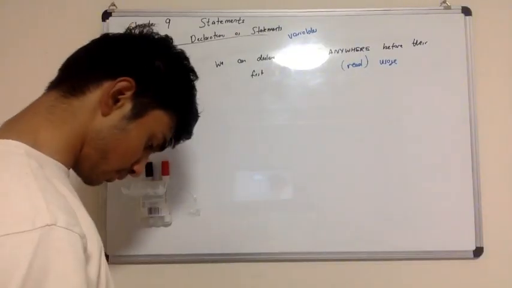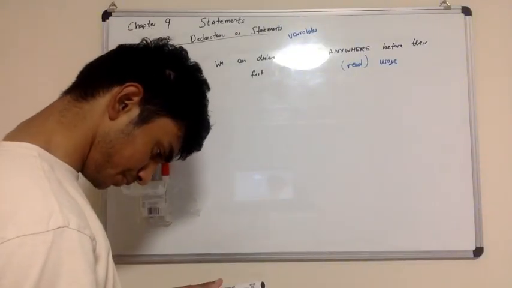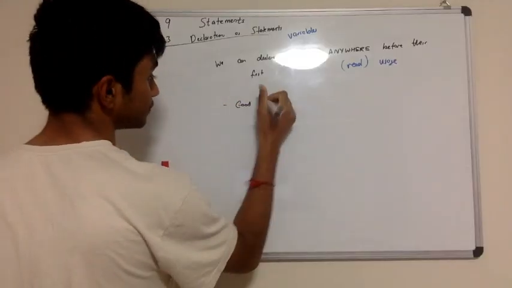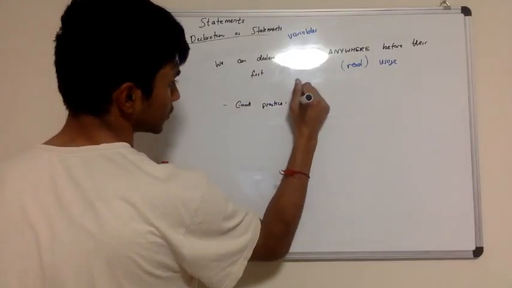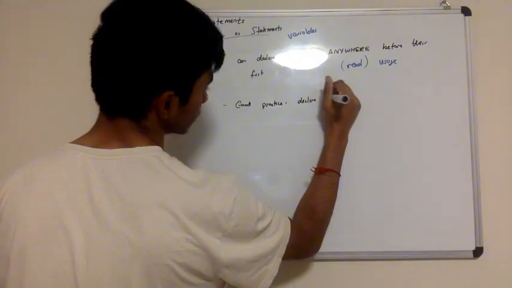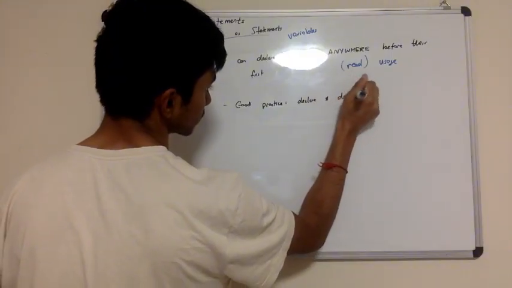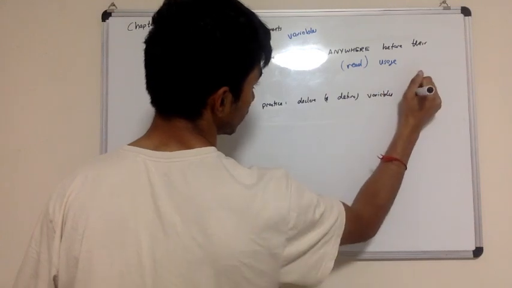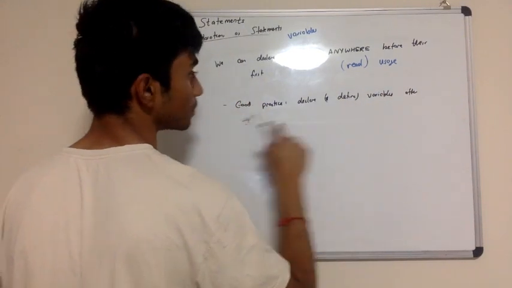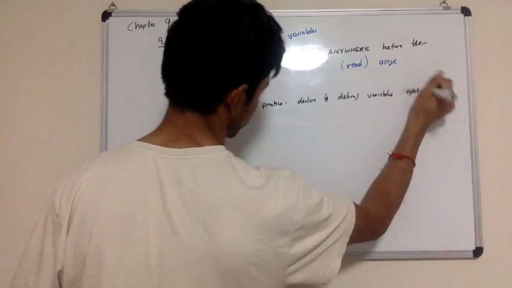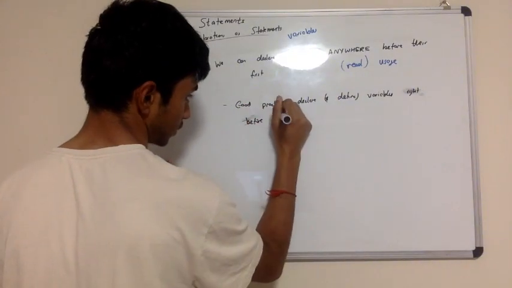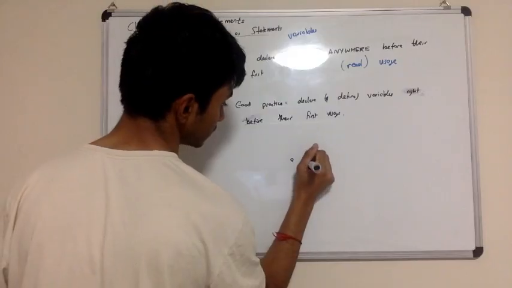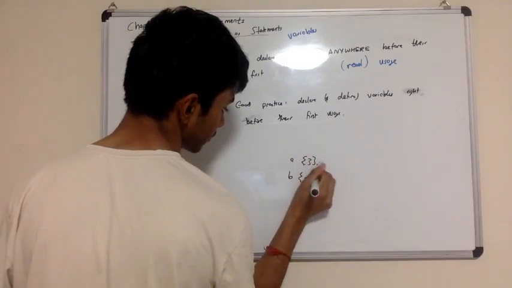Now, what's good practice? Good practice is to declare and define, generally, but especially declare variables right before their first usage. So in that, a becomes 3, b becomes a plus 4,